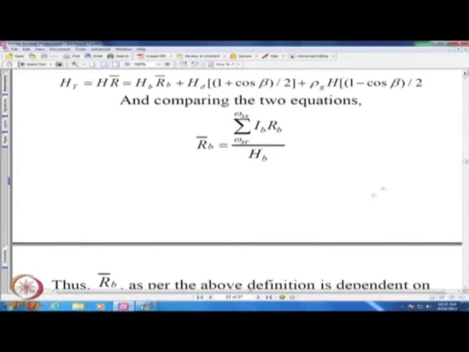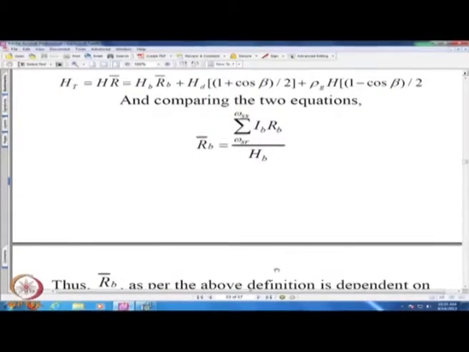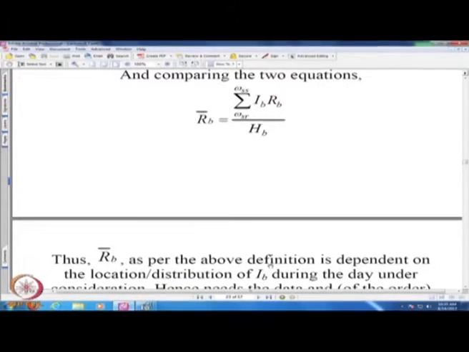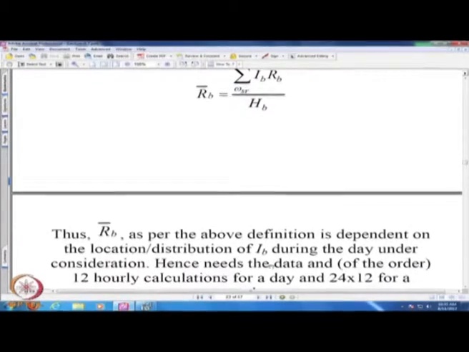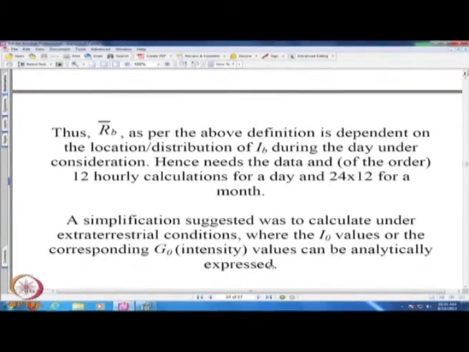So, now this leaves us in a little uncomfortable position, because you have to have the data of I_b from sunrise to sunset in order to evaluate R_b bar. Not only that, it requires on an average 12 calculations for the day. Even if you have the data, it requires 12 calculations. So, the spirit of directly extending the hourly type of calculation to a day is not satisfied, even though you can calculate the diffuse component and the sky ground reflected component as a single calculation. This direct component has to be done as 12 calculations,